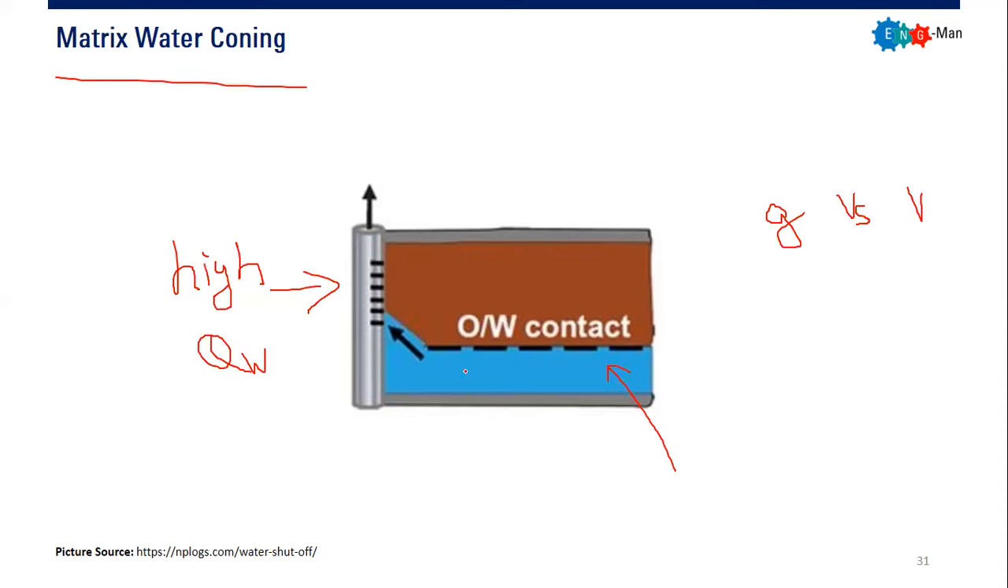water will move against the gravity. The gravity will pull it down, of course, because it's gravity, but water will go against the gravity because of the viscous force, because of the high drawdown, because of the high flow rate, such that water will move to the upper side and create a cone shape towards the wellbore. So it can occur if you have high flow rate and high drawdown,